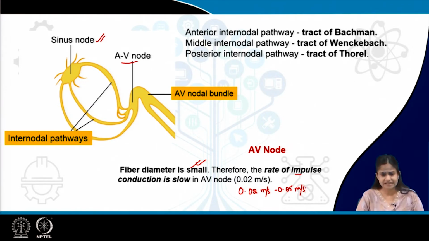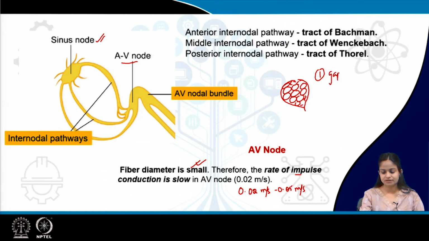Now, why is the conduction at the AV node slow when it is also one of the nodal tissues, just like the SA node? If I draw the AV node simply, this AV node consists of various cells. The AV node also consists of various P cells. The first thing is that in the AV node the gap junctions, the electrical windows which connect the two cells,